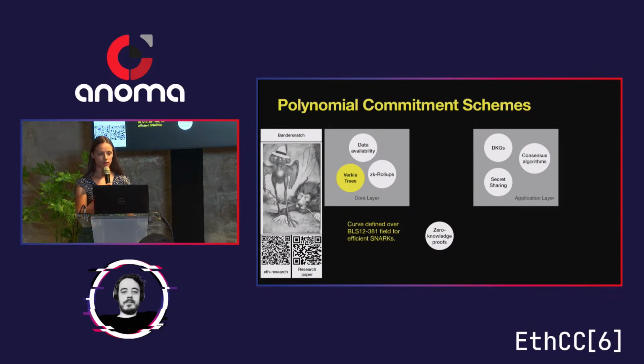This is something which we do know how to do over the BLS curve, which is quite important because the BLS curve is already being implemented at the core layer, so we wouldn't require additional curves and additional pairings. One of the reasons we can do this is that there are inner curves, so curves inside curves, where we can do the vector commitments. In particular, there's a curve called Bandersnatch, which is very, very efficient for this sort of thing. There are, again, good quality implementations of Bandersnatch, and there has been lots of work to guarantee its security.